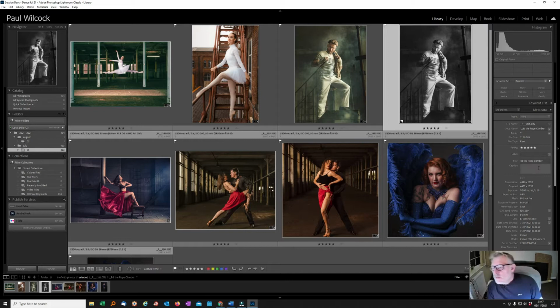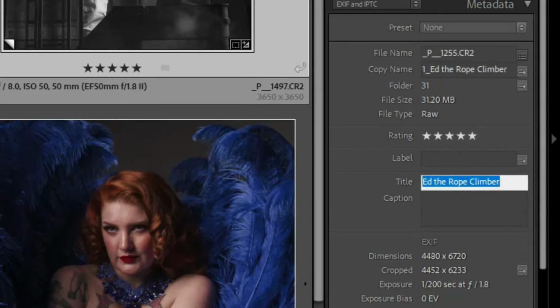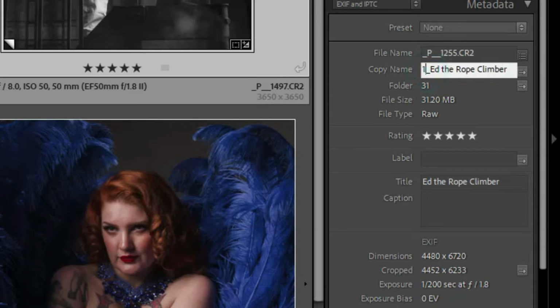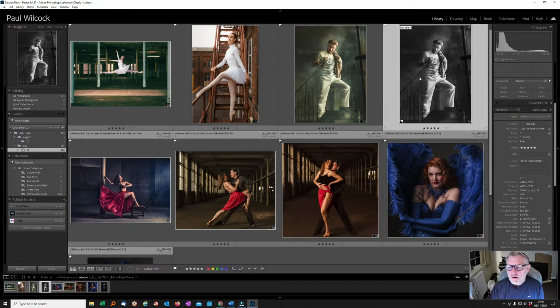Prior to exporting, what you might want to do is fill in some of the metadata to assist the export. I always title my images, and I've titled this one Ed the Rope Climber, and that title will stay with this image forever. What changes is the copy name. In this particular case, I'm going to have this as my number 1 image, so I've written 1_ Ed the Rope Climber in the copy name. The file name stays as it is, it doesn't change. So when I now press export,